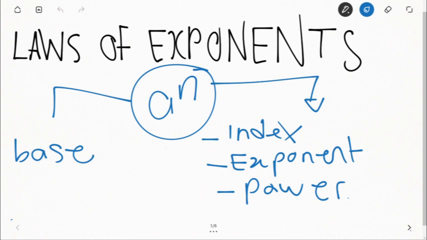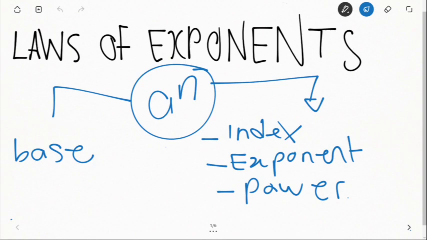Today we are going to be taking a closer look at the laws of exponents, and this topic is examined in question 1 both in grade 11 and 12, and it features a lot in calculus where you have to simplify some equations using the laws of exponents. So today I am going to be taking you through the basics of